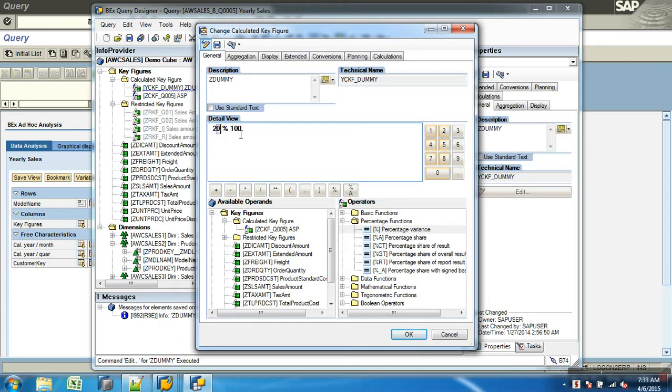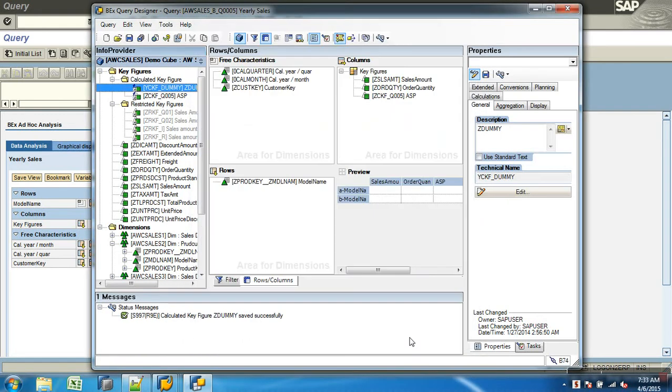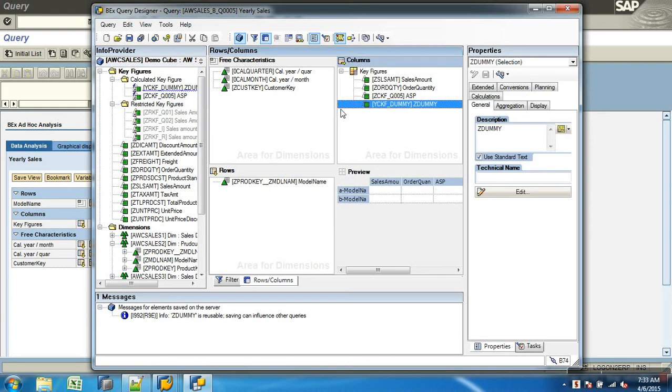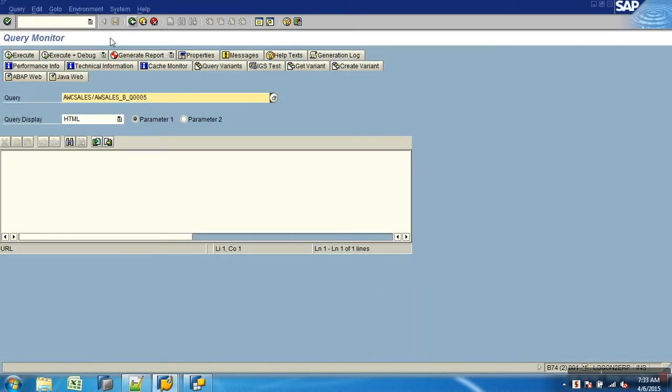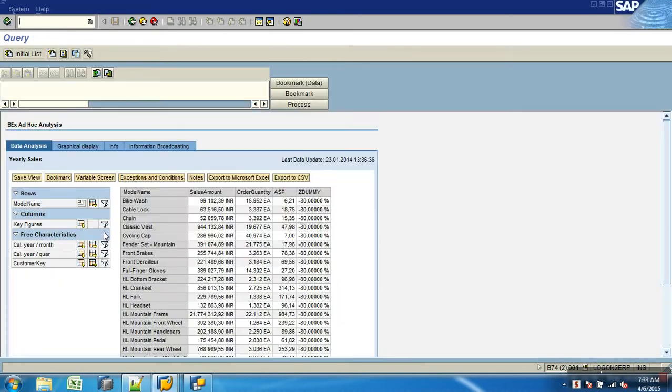So 20 minus 100 is minus 80, and the percentage of minus 80 on 100. That's how it calculates. Okay, minus 80%.